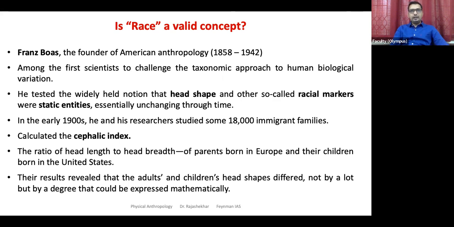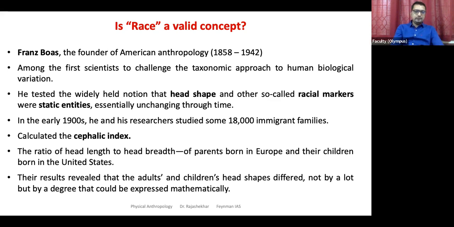We also looked into the criteria given related to that. So if you are defining race, that should be based on a stable characteristic. But are these characteristics stable? For example, we talked about cephalic index. We measured the cranium. Cranial index or cephalic index has been taken as one way of looking at our differences in races. But is it a stable measurement? Or does it change over a period of time? Because if races are superior, those characteristics should be fixed. But are they changing? Do you see that change?